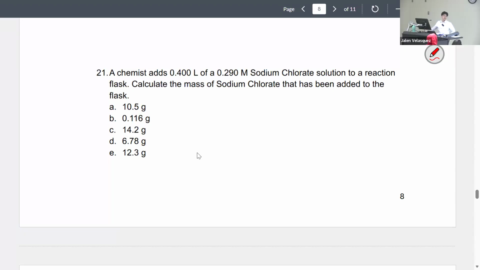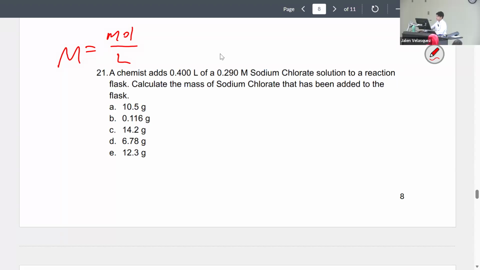You need to use the equation of molarity, right? M is moles over liters. I provide you the liters, the volume, and the concentration. We need to figure out the mass of sodium chlorate, so we have to solve for the moles, and then go from the moles to the